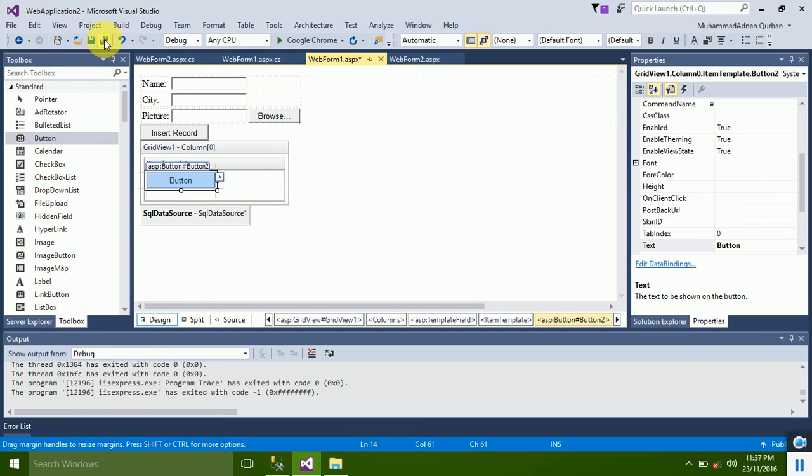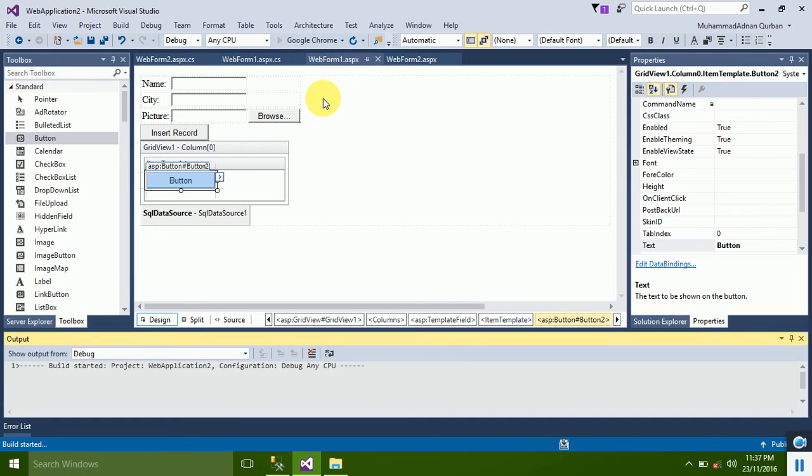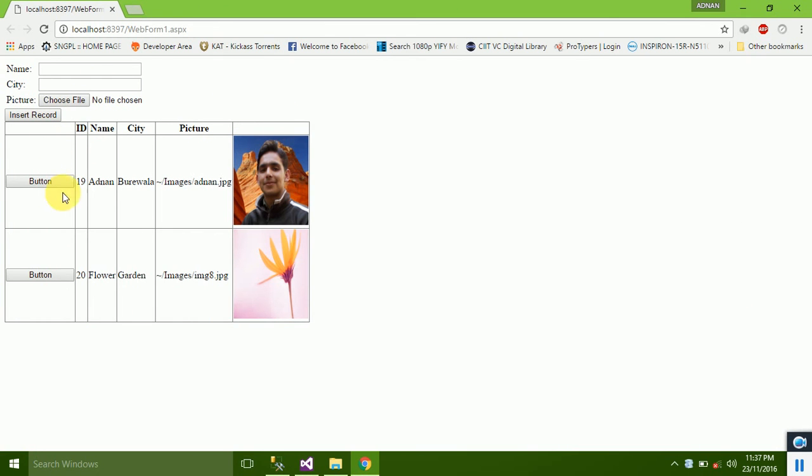Okay, let's execute it. Okay, now if we click on this button, it says the id is 19,